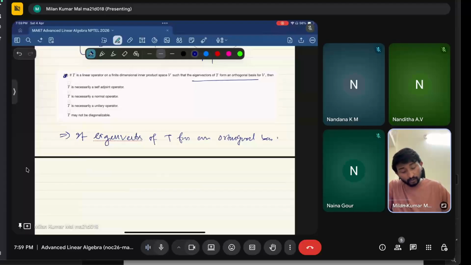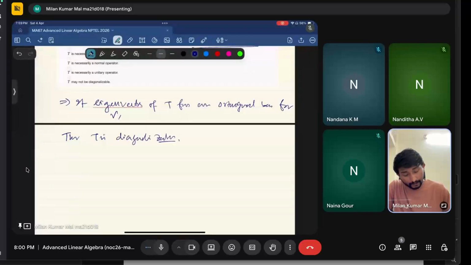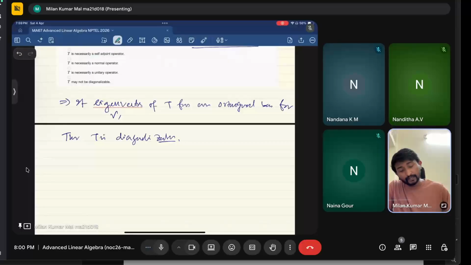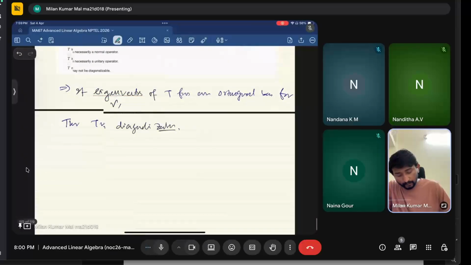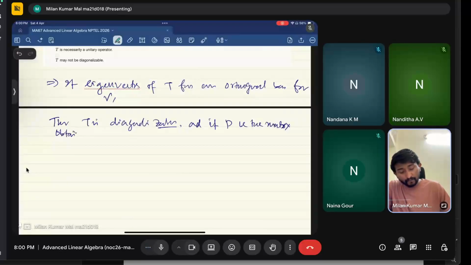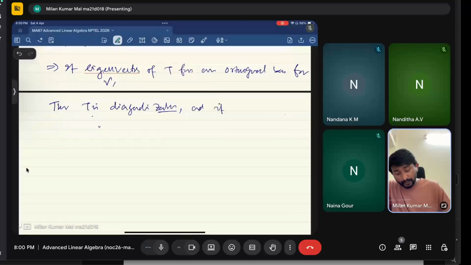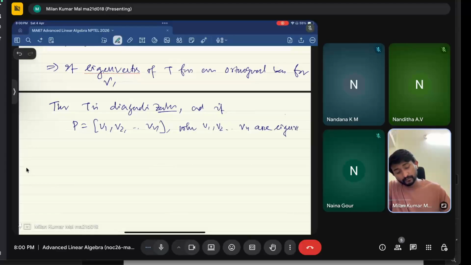This is the first factor, and we know the matrix P. If we consider P to be the matrix P equals V1, V2, ..., Vn, where V1, V2, ..., Vn are eigenvectors of T which form a basis,